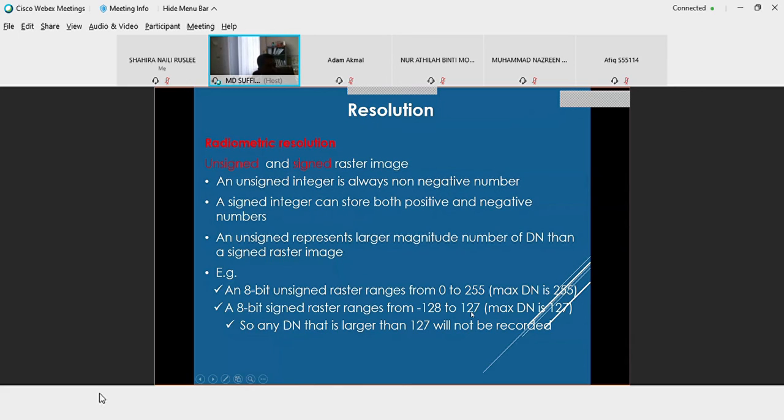So ada setengah data kadang-kadang dia tak bagi positive value, dia bagi negative value. So kalau you buat analisis, sebagai contoh you tengok dia punya anomaly. Anomaly ni biasanya dia ada positif anomaly, dan dia juga ada negative anomaly. So kalau nak simpan data tu you kena save as signed data format. Kalau you save sebagai unsigned data format, so dia akan tukar negatif tu kepada positive value.